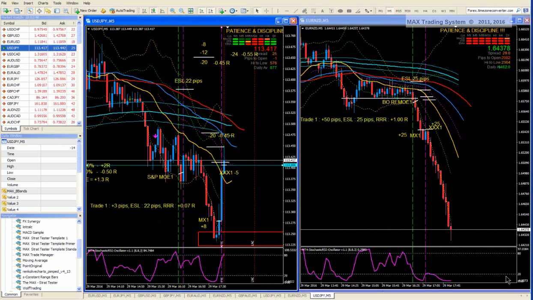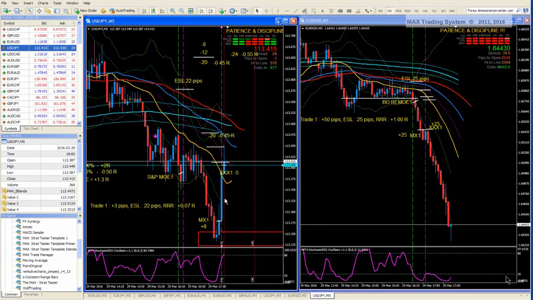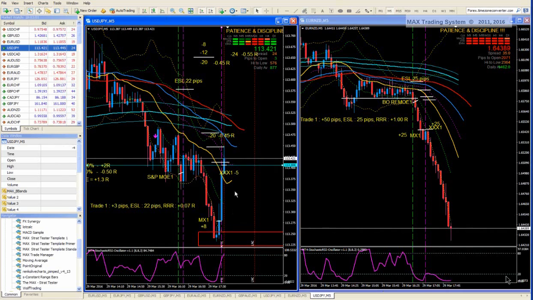You can see that with a pair which is not usually moving a lot very often, when we are extremely attentive to all the details the price is doing, focusing mainly on the risk aspect, we are still able to close the trade in an honorable way, I would like to say.